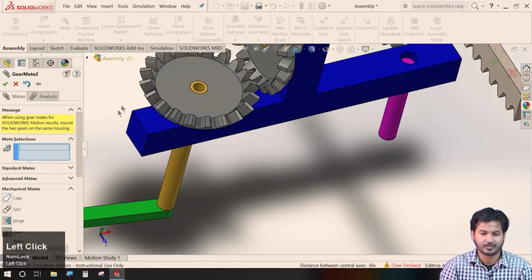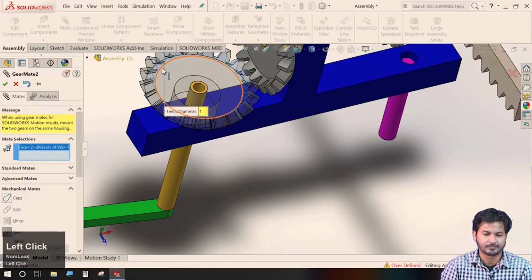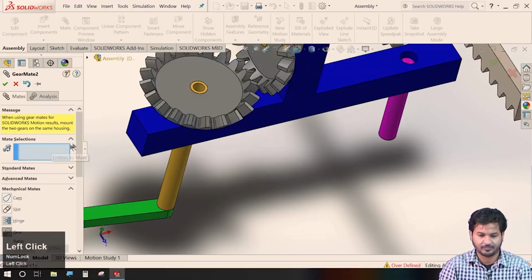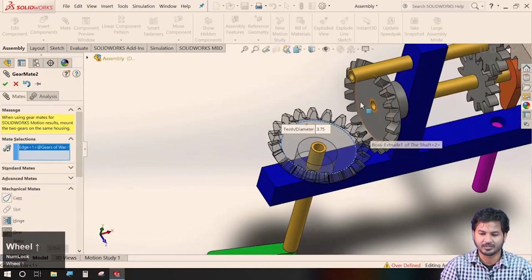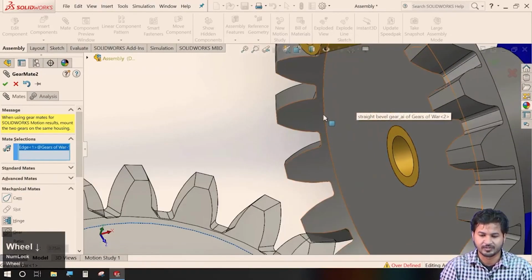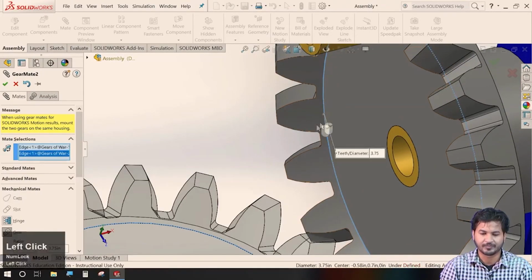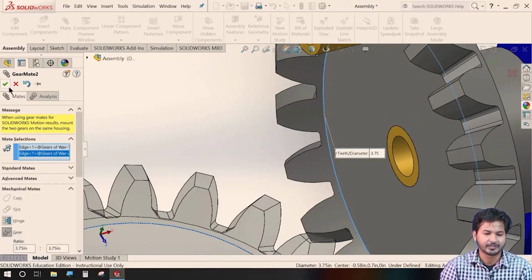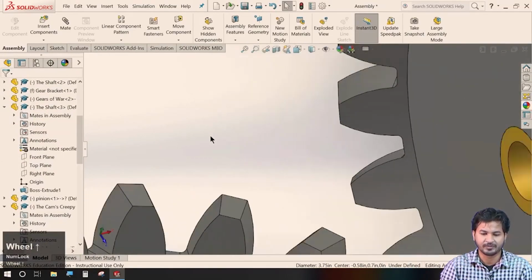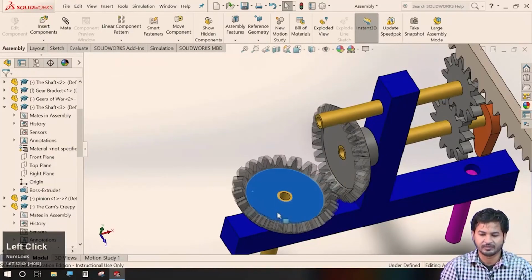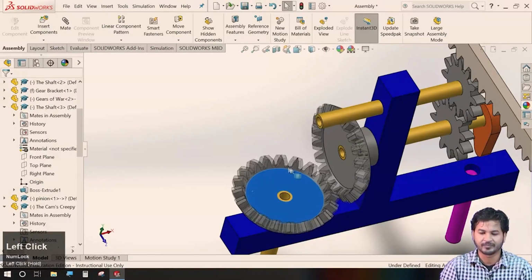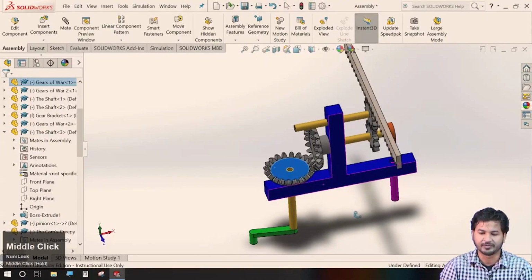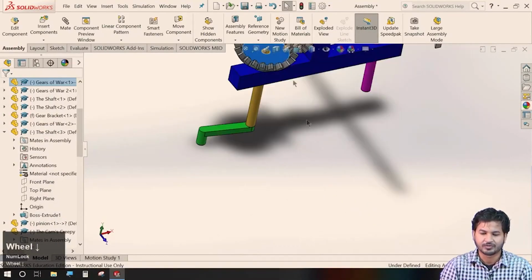Just select this edge, just zoom it up, say this edge and the edge for this other bevel gear. Now it will automatically detect the ratio between these two and it is aligned. Now we can see as this lower bevel gear is rotating, it is aligned with the other one. So now in the same way,